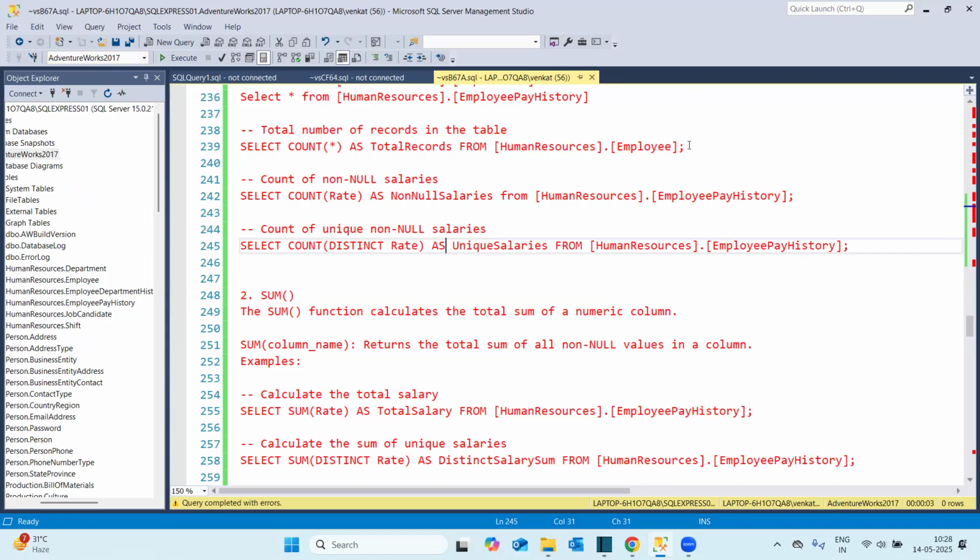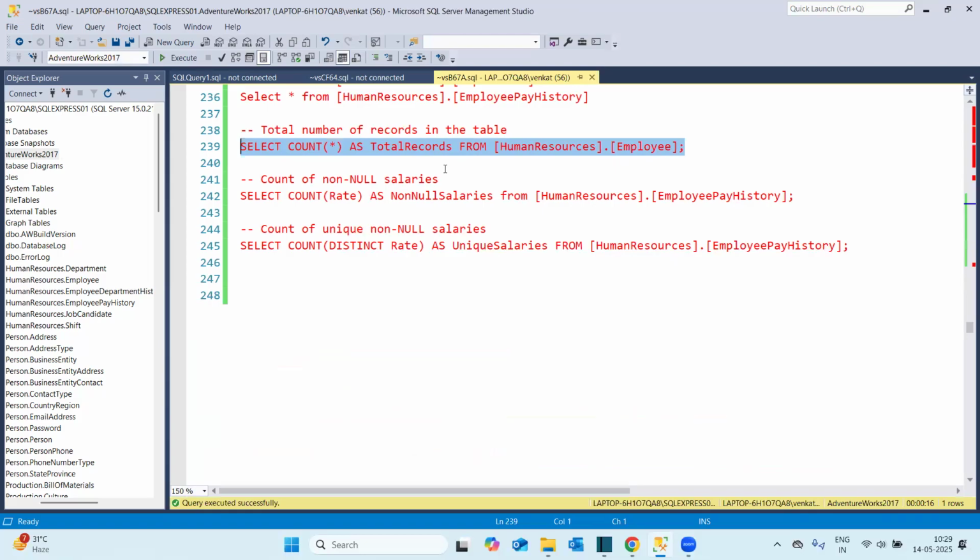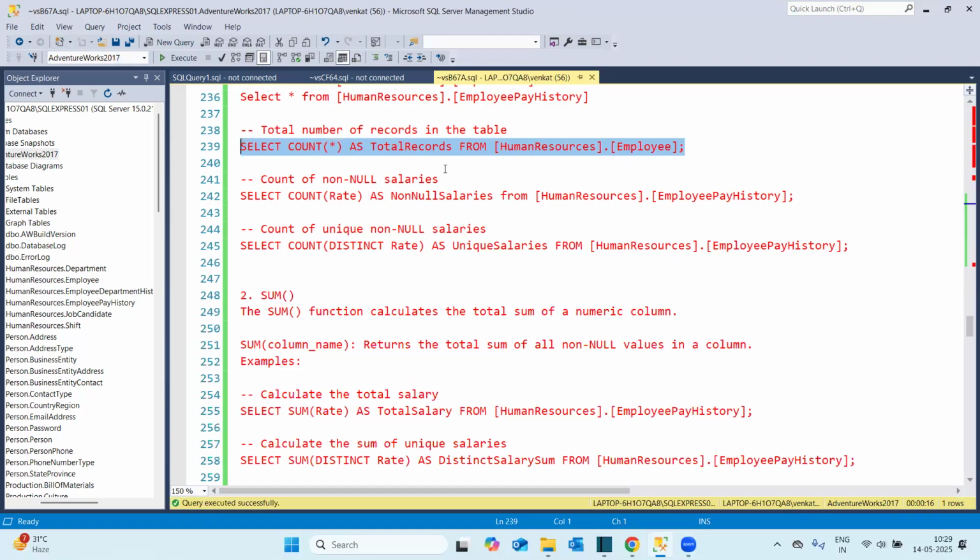So I'm testing in the AdventureWorks database. I'm adding the employee table and counting in this. You can see the count, how many rows there are in this table. I'm using the alias name total records. So you can get the results. It will execute the query. You can see the total records is 290, and also you can see the second question is